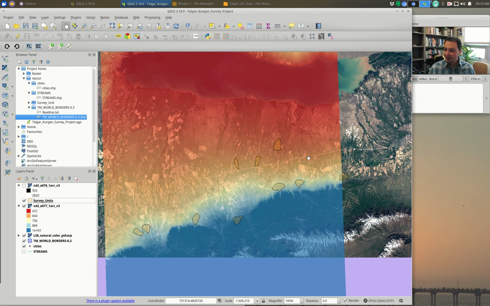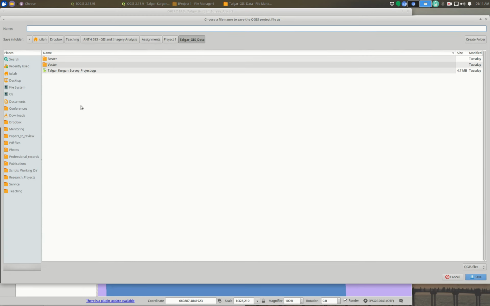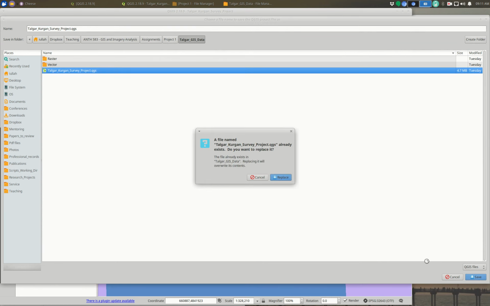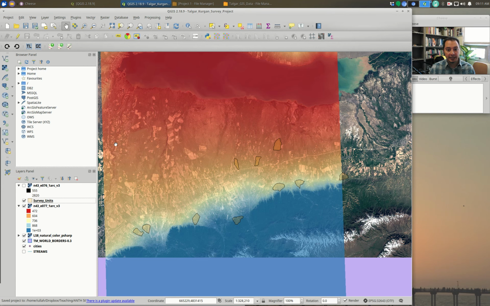When you've got a map that's styled the way you want, that the layers are all set up, the best thing to do at that point is to save out a project, okay? And you do this over here from the Project Save As dialog, or just save once you've got one. Now, I've got one project already made over here, so I can just save over that. What this means is next time I start QGIS, I can bring in that project file and I'll look at exactly what I'm looking at now. I don't have to reload all the layers from my browser dialog. I don't have to go back in and